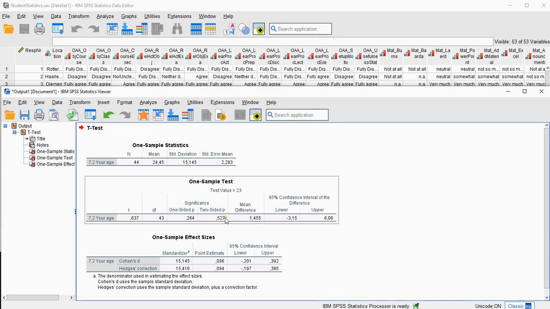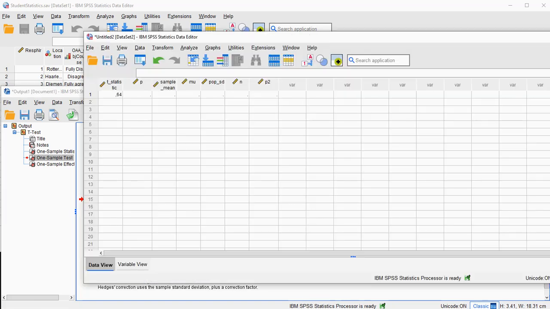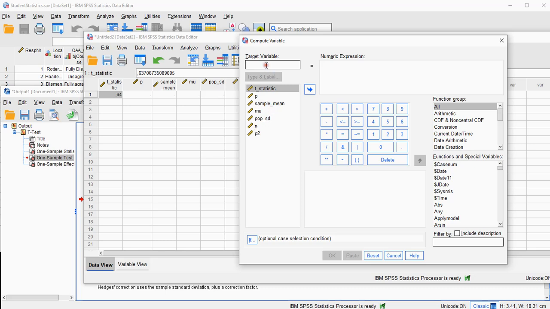Click on OK, and in the output there is the t statistic over here. I double click, and then copy, close this, and in a separate file I've already pasted it. I can paste it again, and as you can see, all the decimals are there. I can then use Transform, Compute Variable, and let's say the target variable is the p-value two-sided. So what I'm going to do is 2 times, and then between brackets 1 minus,